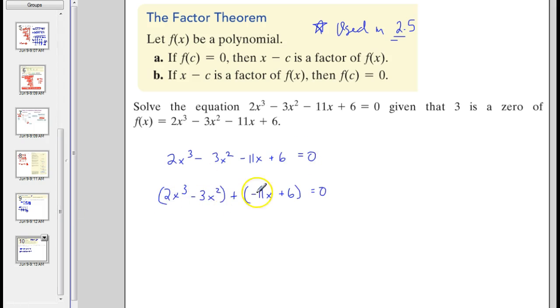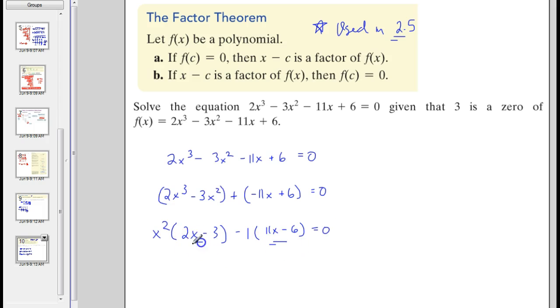So I group the first two together, I group the second group together, separate them with a plus. The GCF here is x squared. That leaves me with 2x minus 3. The GCF here, there isn't really one, but remember, if there isn't one, and it leads off with a negative, then pull out a negative 1. If I pull out a negative 1, I get a positive 11x minus 6. And the problem is,